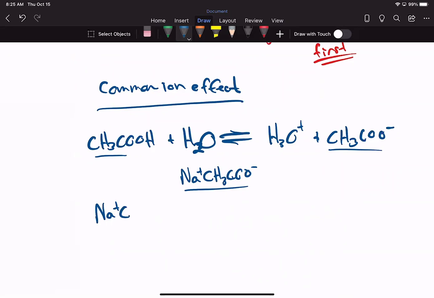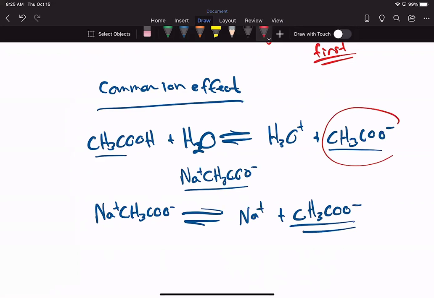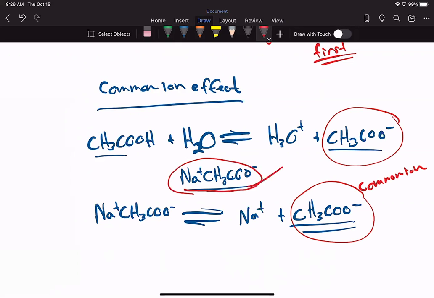Na plus CH3COO minus, this is going to give me Na plus, sodium plus this common ion. So if I introduce some sodium acetate into this reaction, well, what I'm doing is